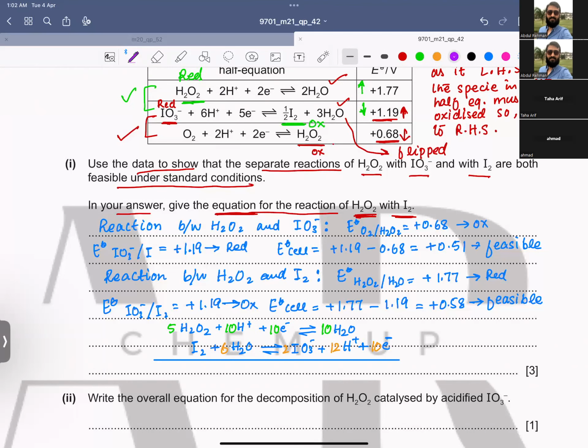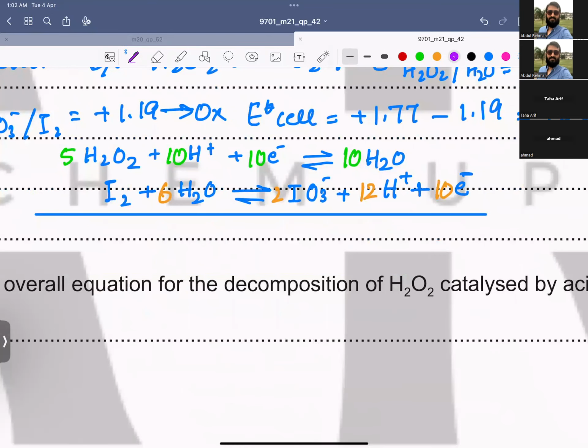Then have a look at the net equation. We have equal electrons, so I can cut the electrons on both sides. If you see, there are 10 hydrogens over here and 12 hydrogens over here. So these 10 hydrogens would be cancelled out, and here you are left with 2 hydrogens. Here I have 10 water and here I have 6 water, so all this 6 water cancels out, and here I am left with 4 water. 6 water cancelled out and 4 water over there. Is this clear? So if I write the equation, it would be